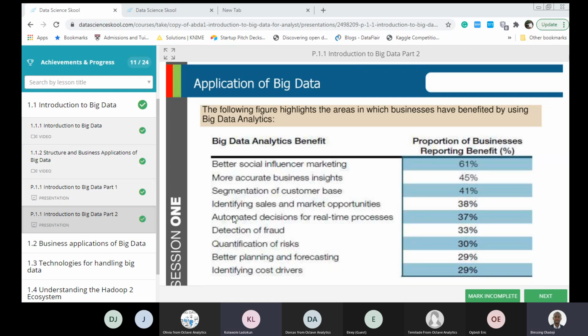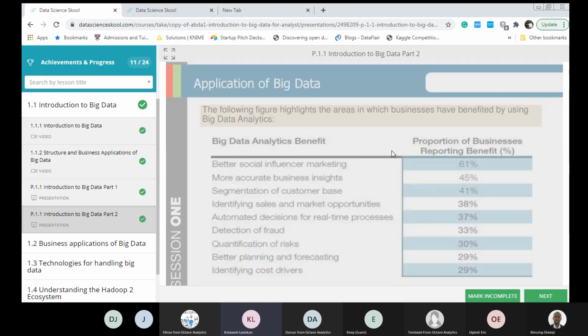Yes, here. Yes. Please, for my education, I just saw that the right-hand part of this table says proportion of businesses reporting benefits. What does that mean? When you say better social media influencer marketing, the proportion of businesses reporting benefits is 61%. I'm trying to understand the value. I'm trying to interpret it, and I can't interpret it yet. So please help me. Okay,